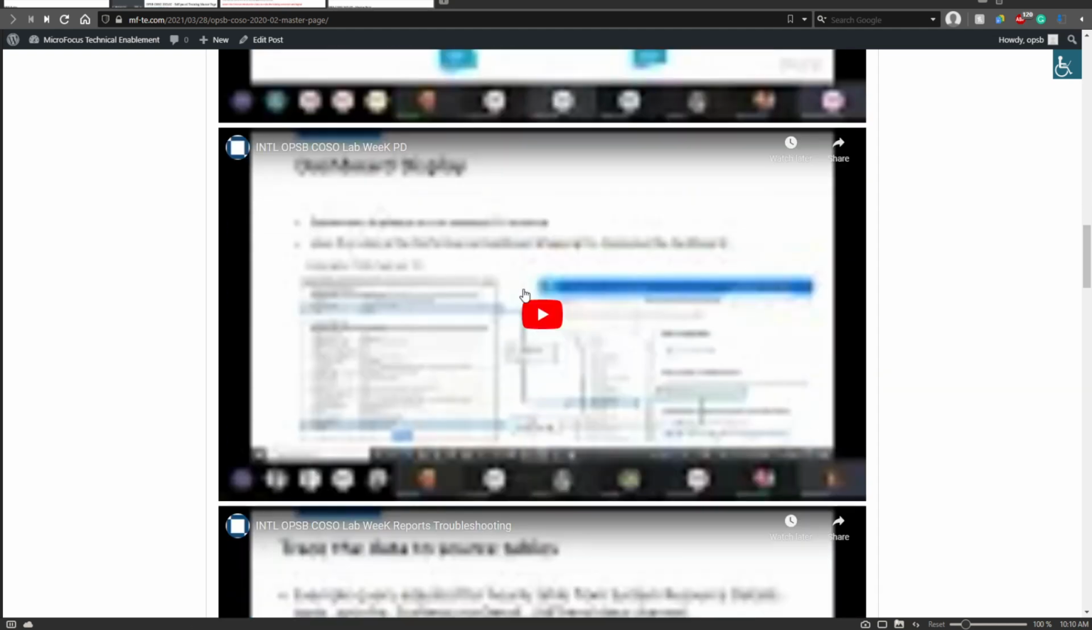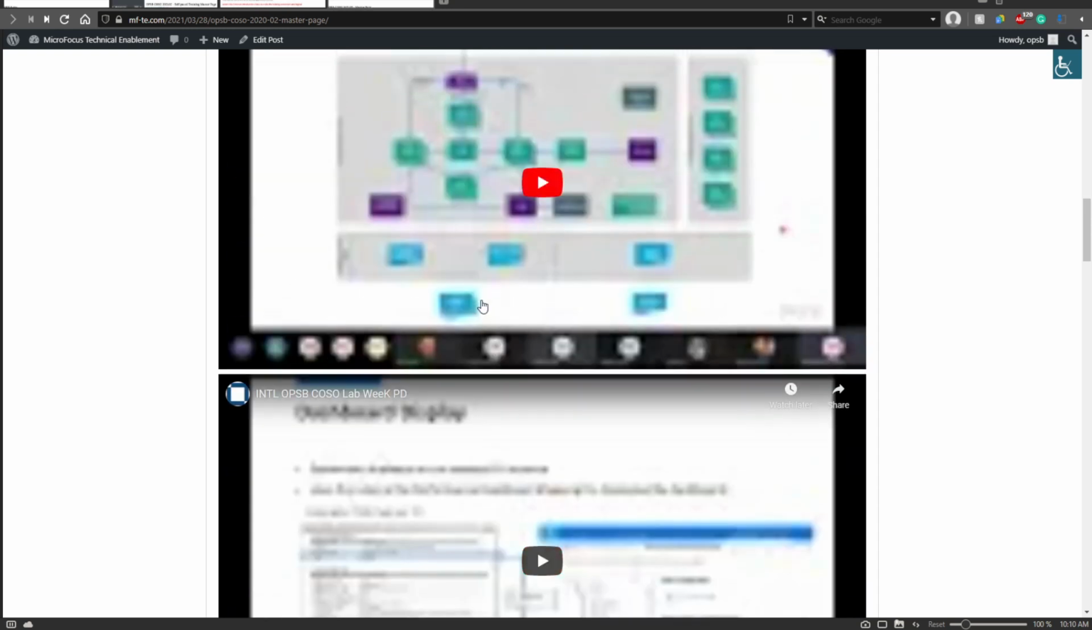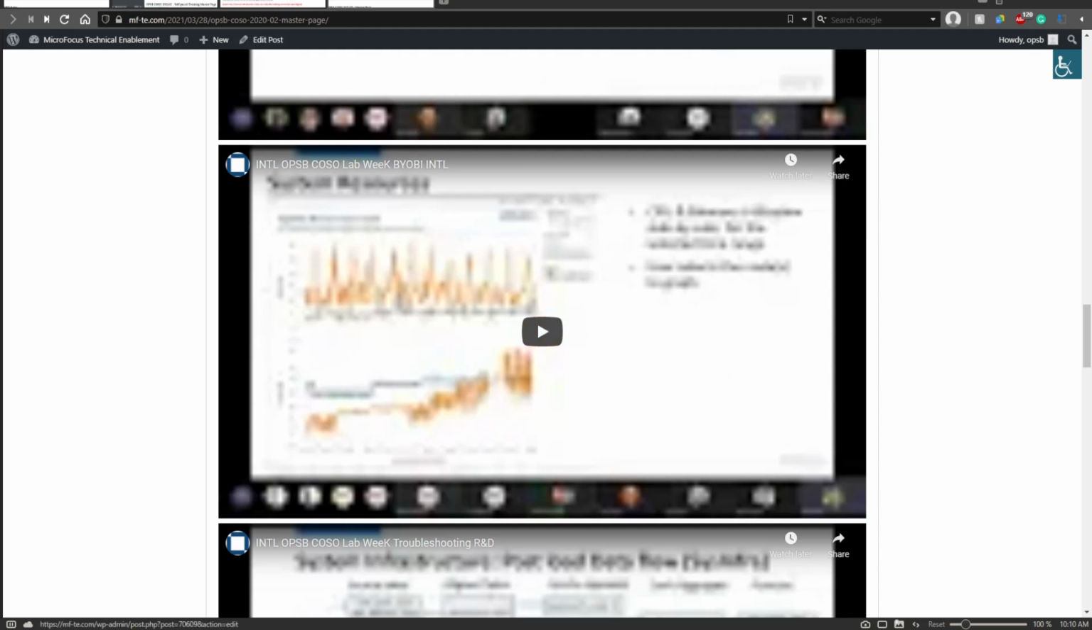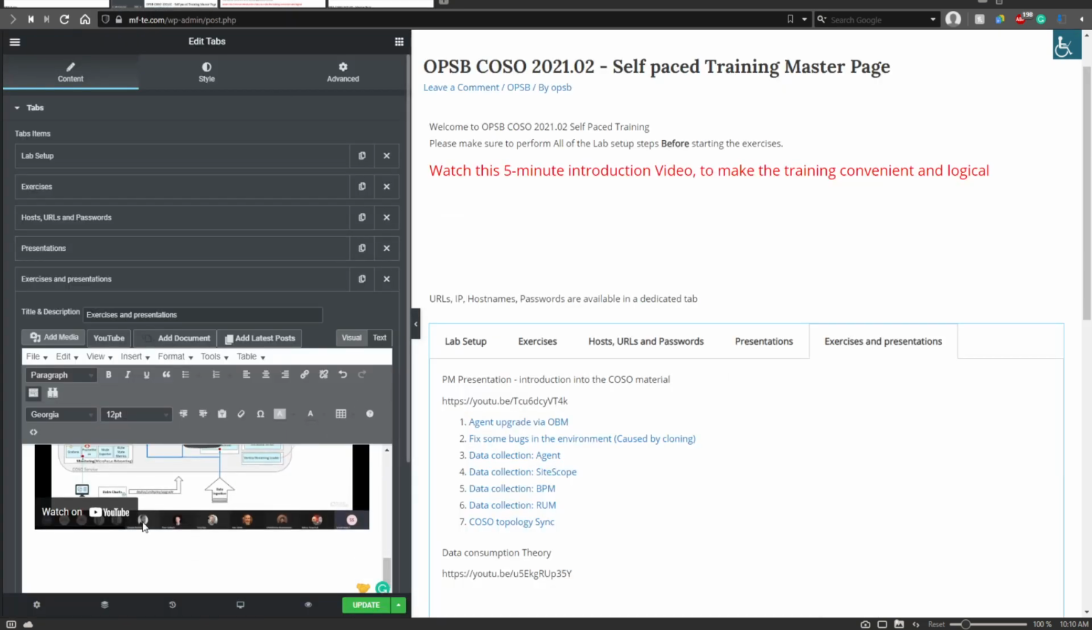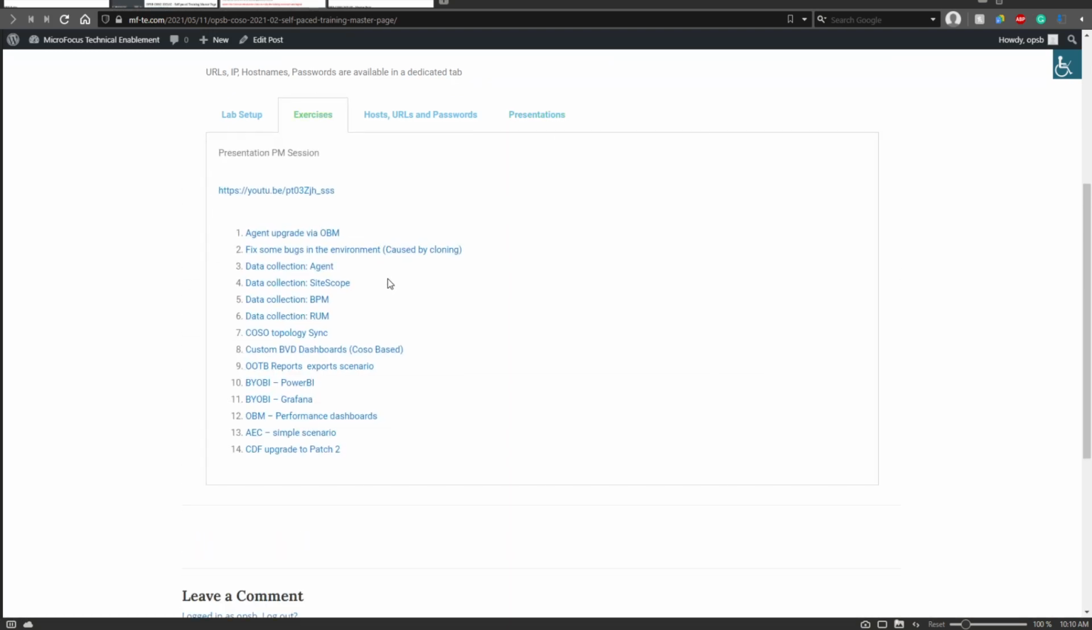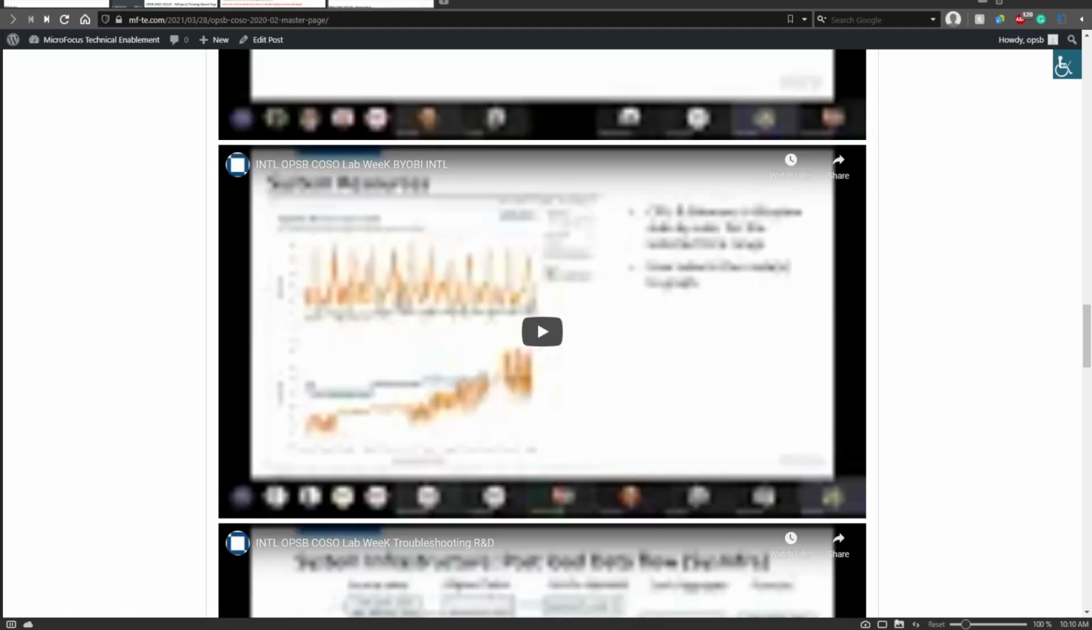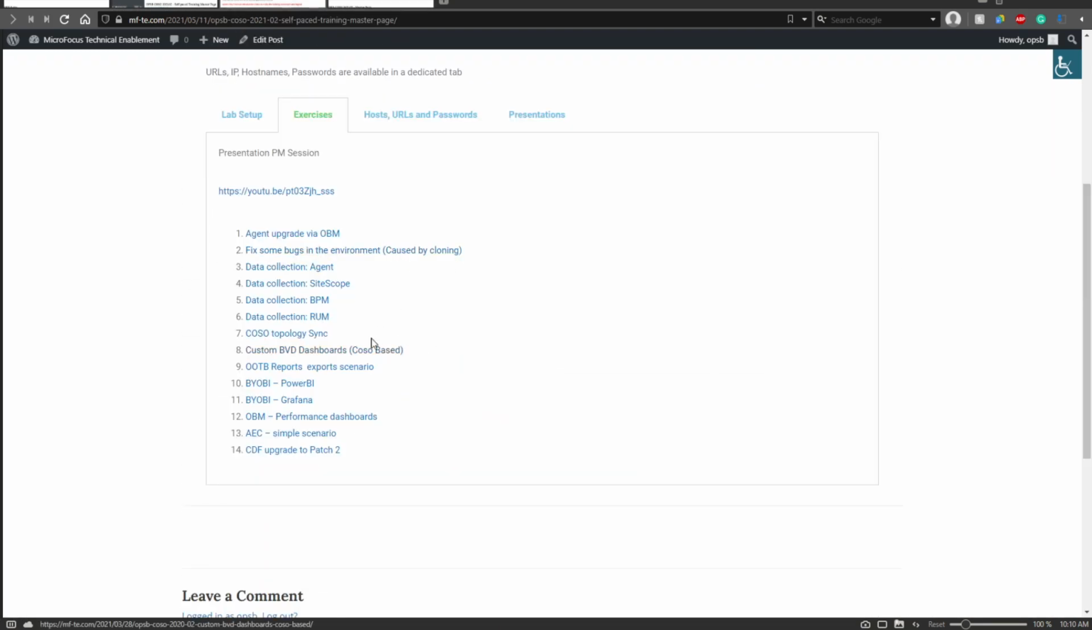BVD, we're not doing BVD. Performance dashboard, report troubleshooting. So there are some sessions that are better in one region than another. Okay, that's completely fine. So after the data consumption theory, we are going to grab some of the exercises here,